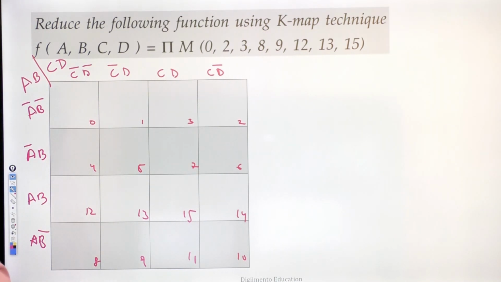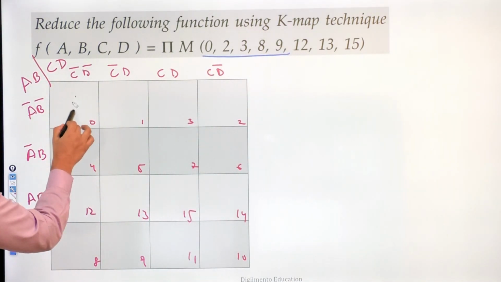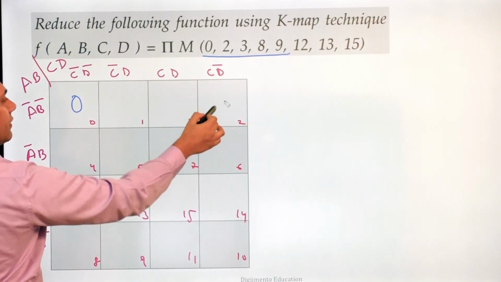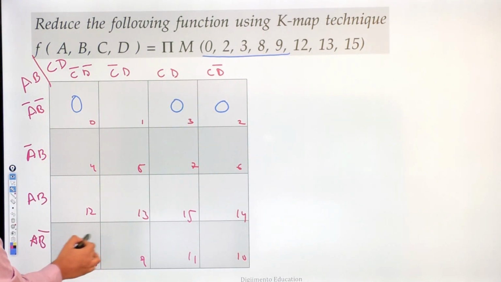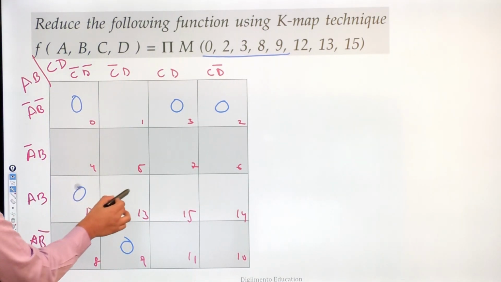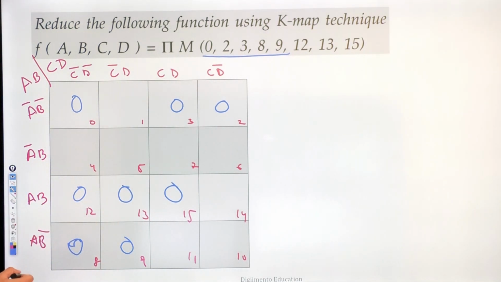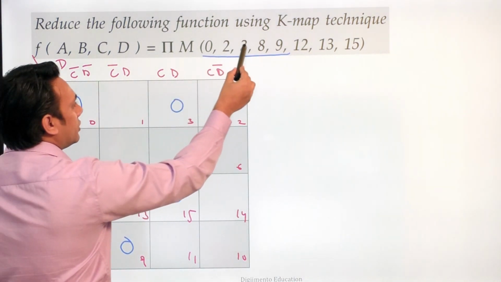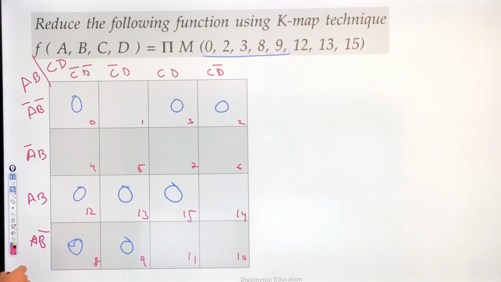Okay. Now here in these locations we have a value 0. Here we have a 0. Here we have a 0. Here we have a 0. And then here we have a 0. This also has a 0, and this also has a 0. This has a 0, and this has a 0. So in these locations we have a 0. How many locations are there? These are a total of 8 locations: 1, 2, 3, 4, 5, 6, 7, 8. So in 8 locations you have a value 0.